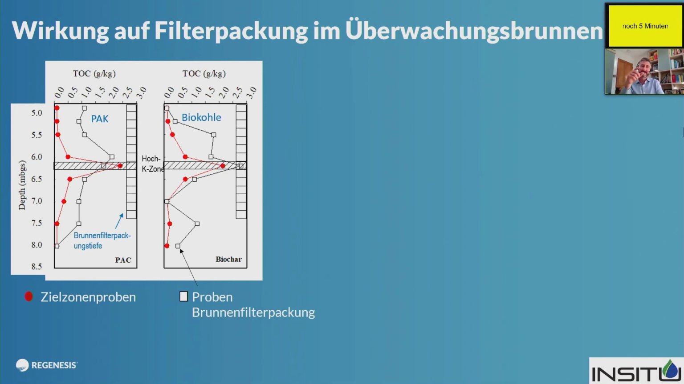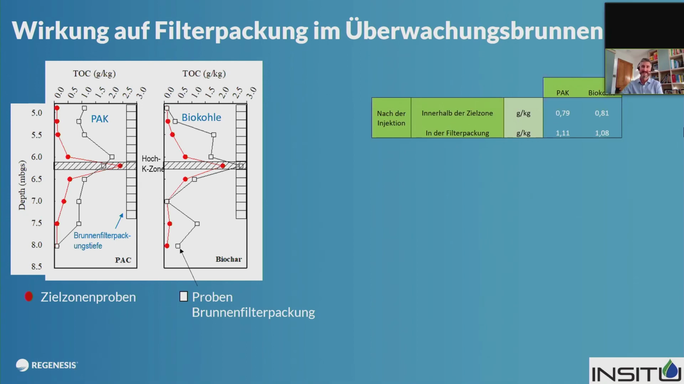And we can see the same here again. These graphs are a little bit complicated. The red is the level of TOC in the soil. The white squares are what are in the filter pack. And then that ladder on the right just shows you the depth that the filter pack goes to. And you can see for both the powdered activated carbon and the biochar, the level of product in the well is much higher than the formation itself, so potentially going to give you misleading